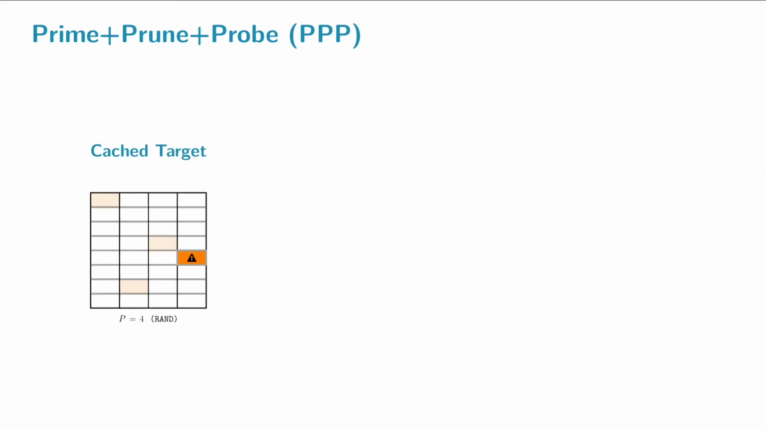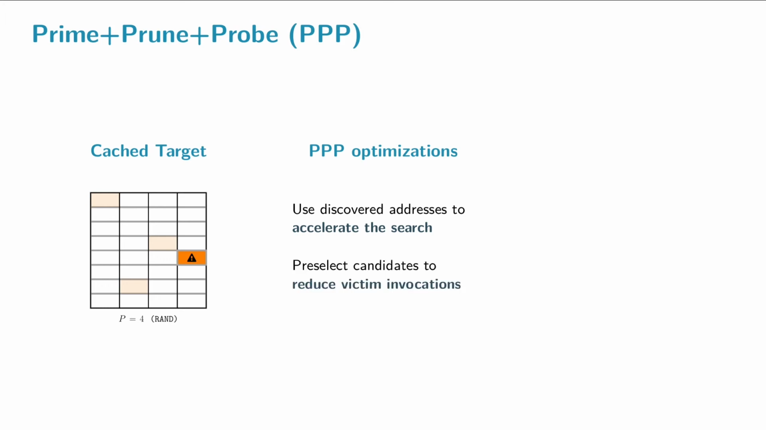For one, the target line X can already be cached, which complicates catching further accesses to it. And we explore whether the attacker should expend effort to evict it first or to just continue Prime+Prune+Probe as usual. We also discuss optimizations to Prime+Prune+Probe and, in particular, how to accelerate the search for new addresses using the ones that are already found. We also cover how the number of invocations of the victim can be significantly reduced by